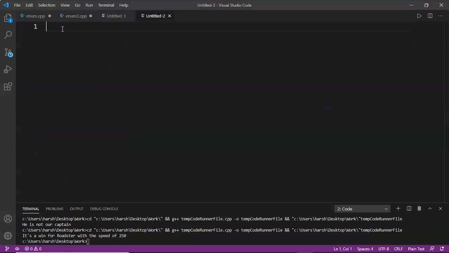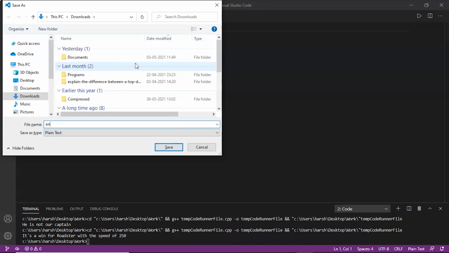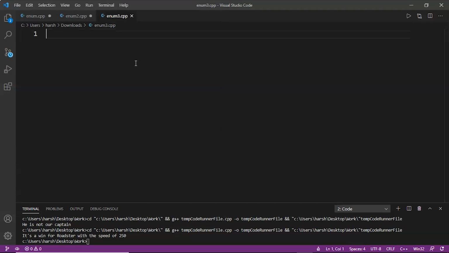Let's name this enum3.cpp. We'll write hash include iostream.